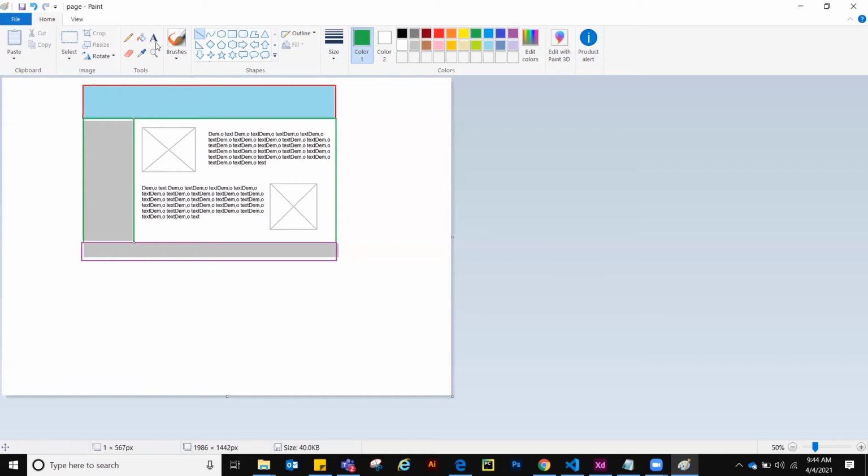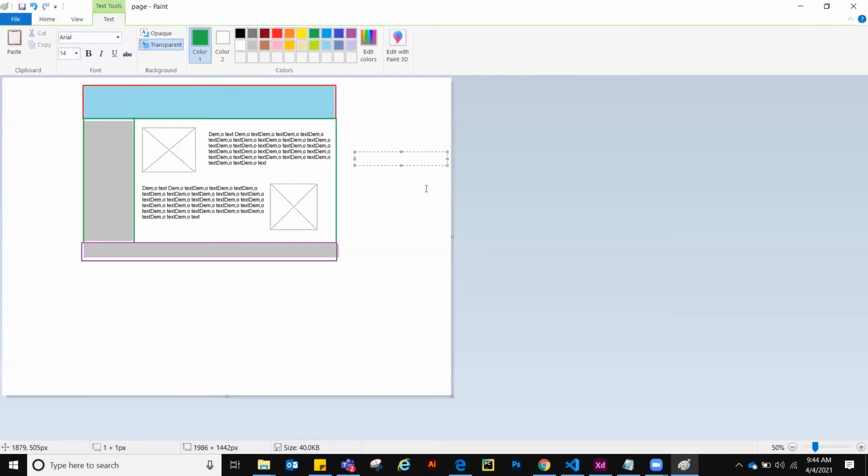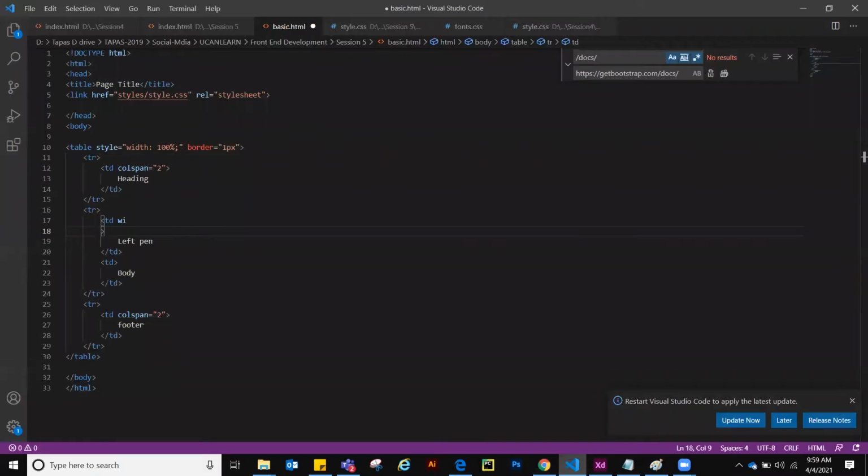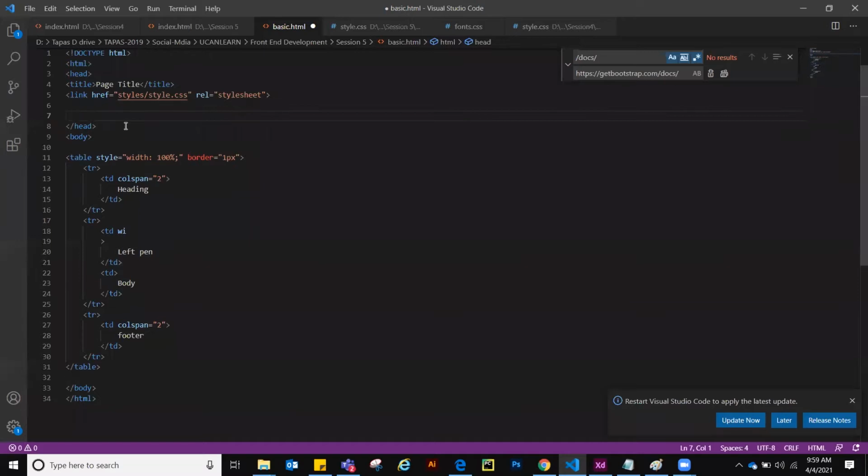There are 2 columns, right? So this is our page. So what is the challenge now? The challenge is that no height is mentioned, nothing is there, right? This is kind of bare bones. So to make it simple, I will start writing CSS. See how quickly I can write it. It will take just 5-10 minutes, and my page will be done.